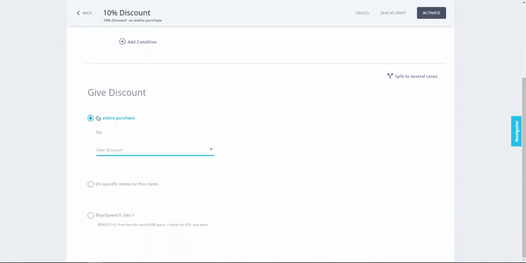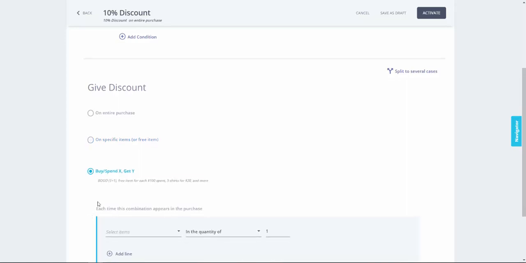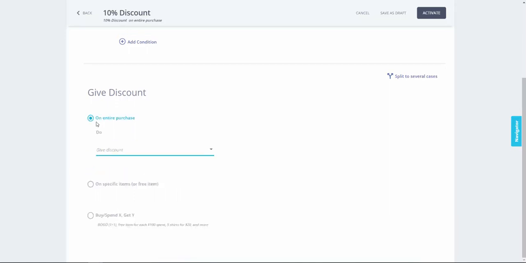The next step is to select whether your deal will apply on the entire purchase. Is it a deal that applies to specific items? Or is it more of an advanced deal such as buy one get one or spend an X amount of money and get Y. The first one is to give a discount on an entire purchase. Here, you can choose what type of discount you would like to give. You can give an amount off discount, which means it will amount off the bill, for example a $5 discount